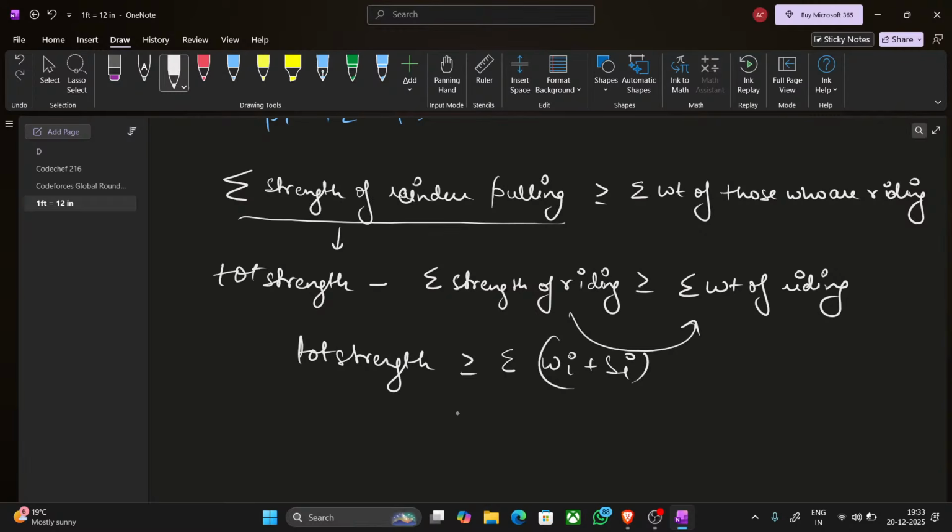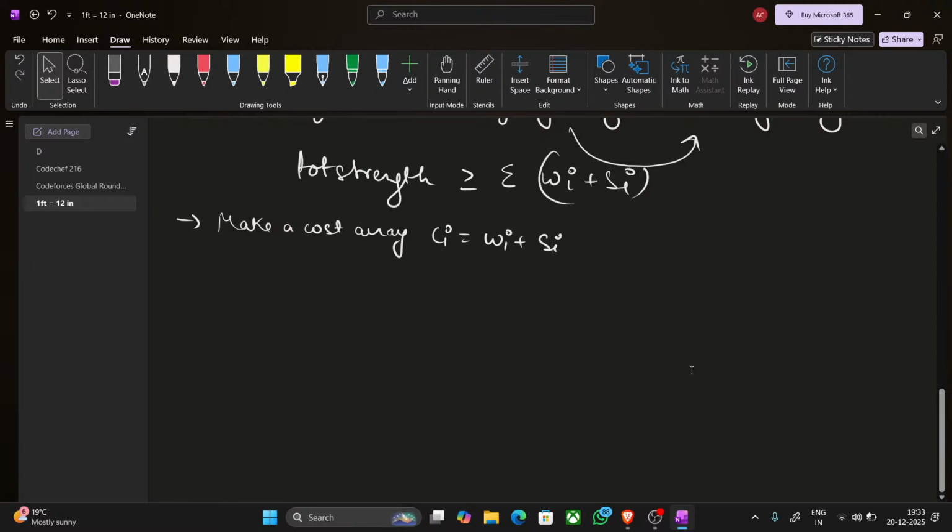Right. Now for the approach section, I will just make a cost array. Ci will take wi plus si. About the greedy part now,